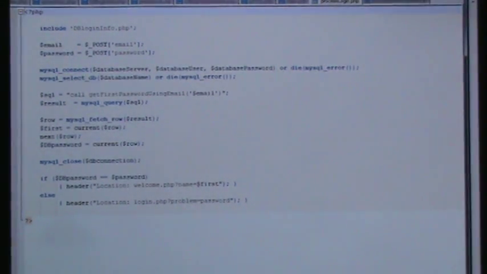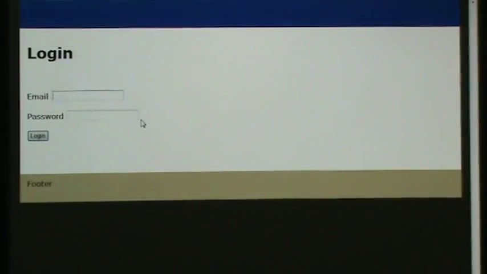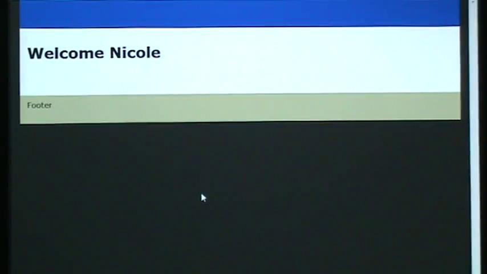And so now we can go to log in. We could say Snooki at, and the password was this password. I'm going to log in, and it ends up sending us to the hello page, I'm sorry,